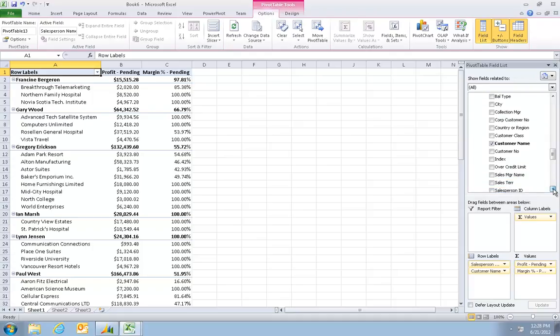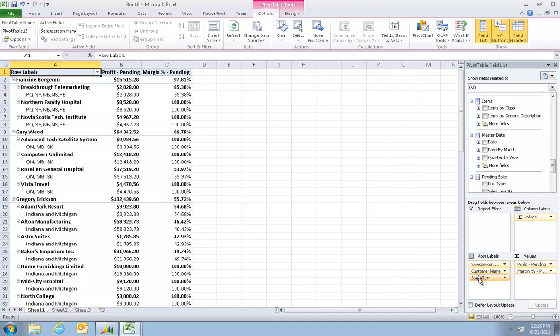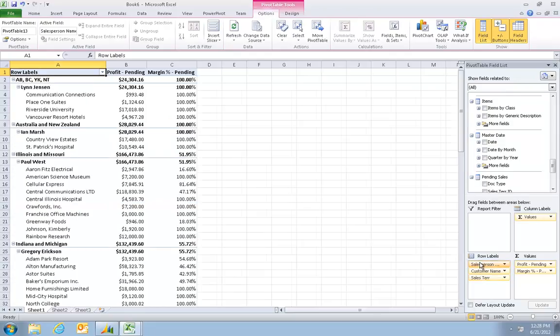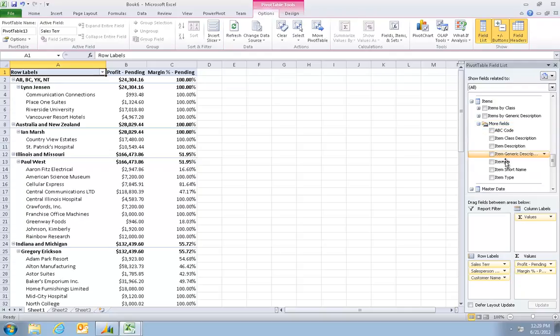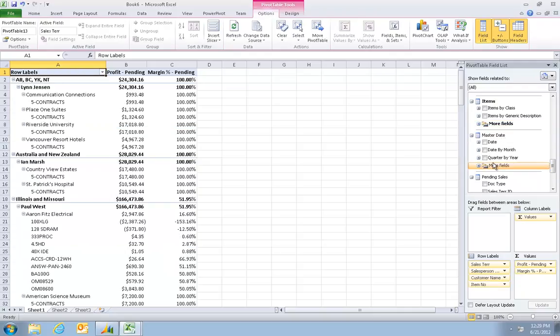I suspect in my demo data, sales territory is going to be pretty close to salesperson related, but there we can see by sales territory, by salesperson, by customer. And then I can see, well, what items are they buying or using? So if I take a look there and I dump those item numbers in, you can see they've fallen in there. Underneath each customer, I see, and I can collapse all of these,